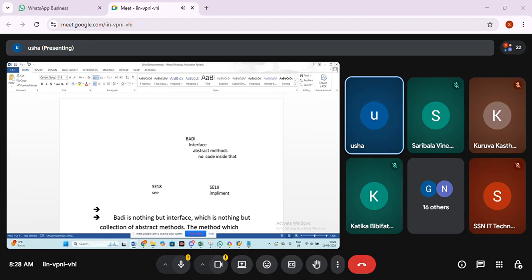Then how to implement the BAdI? Go to SE19, give the BAdI name, click on the create button. It will take you to the implementation name. Give the implementation name, then it will take you to the class it generated and the interface is copied. Double click on the method and write the code inside the method as per your business requirement. Clear?